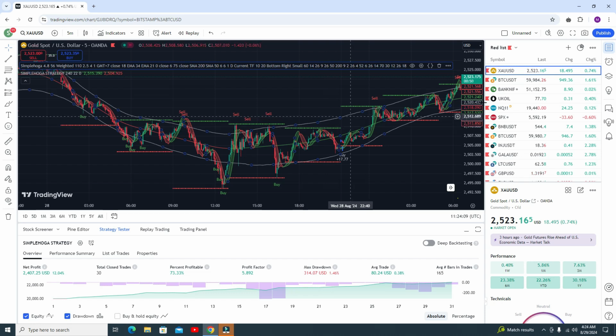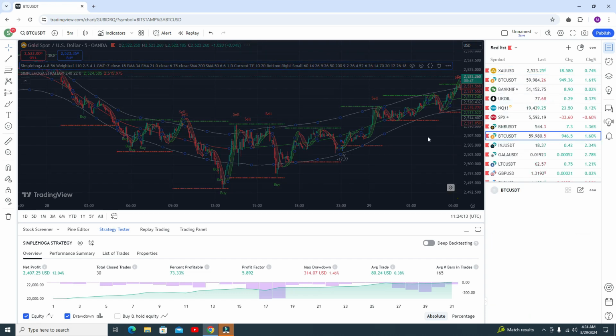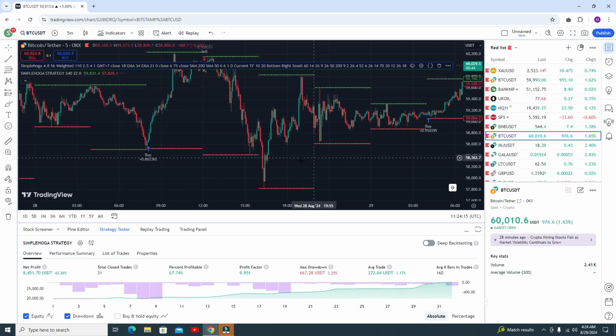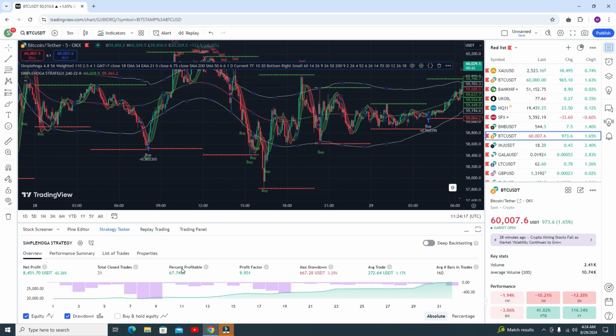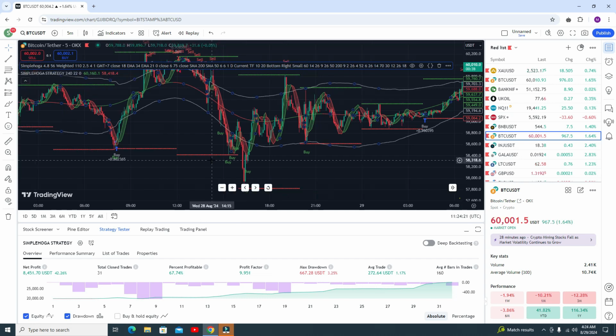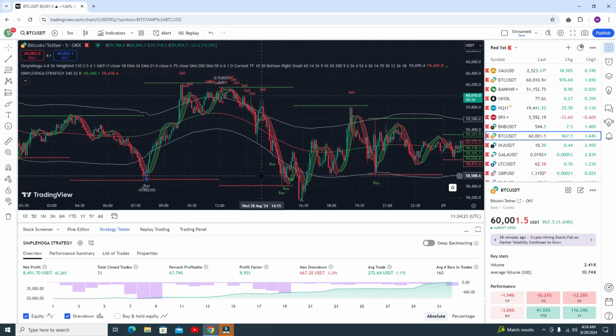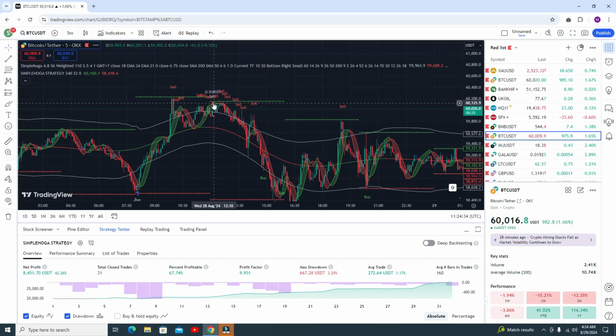Now I think you will get all the points. Now I need to show you the results in some other pairs, so let me show results in BTC. If we go to BTC, the percentage profitable is 67, you can say around 70%. But if you follow my rules, like here you can see the buy signal, and the RSI is below the band line, each and every condition is true, you can go for the buy trade, and you can see you got the profit. Here you can see RSI is above the band line, you are getting a sell signal, so this is a perfect buy sell signal.